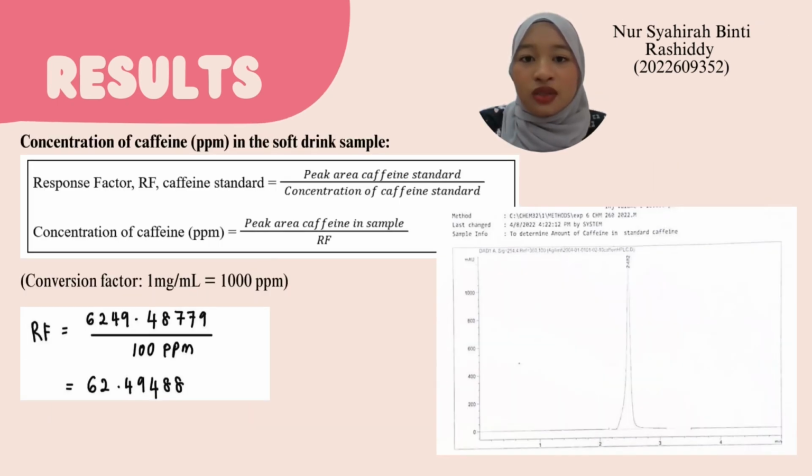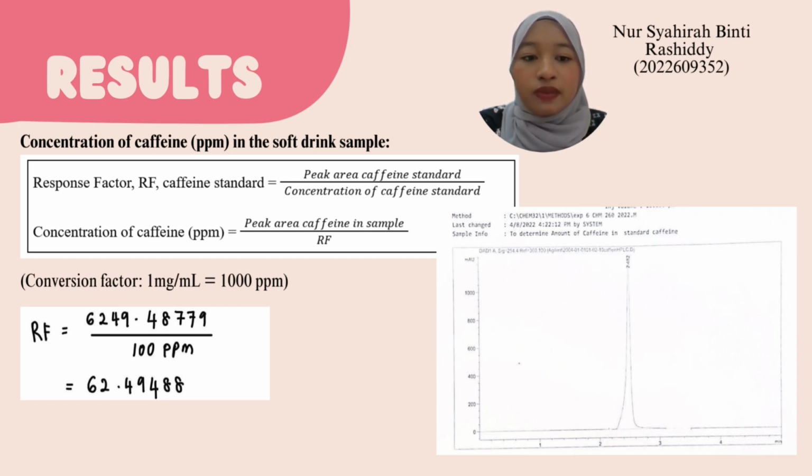Thus, to determine the concentration of caffeine in the soft drink sample, we can use this formula of response factor, RF, from the caffeine standard and the concentration of caffeine in the lab manual given. To determine RF, we use the peak area of caffeine standard divided by concentration of caffeine standard, which we can get RF equal to 6249.48779 divided by 100 ppm,